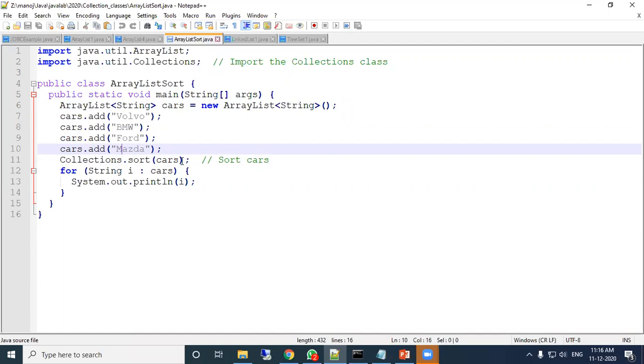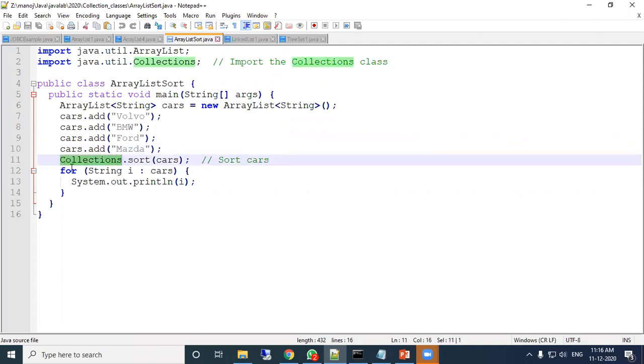So here cars will be sorted in ascending order. Collections is your class, and sort is the method of Collections. That will sort the data and change the position of the cars. Then for String i : cars, i will be pointing to individual elements, and it will print the individual car value.